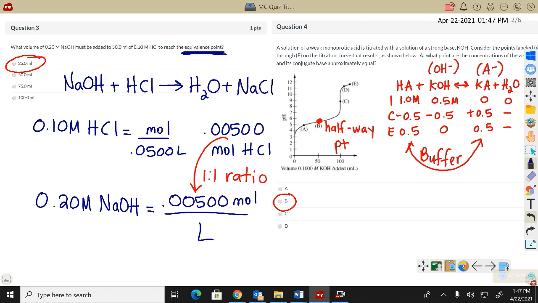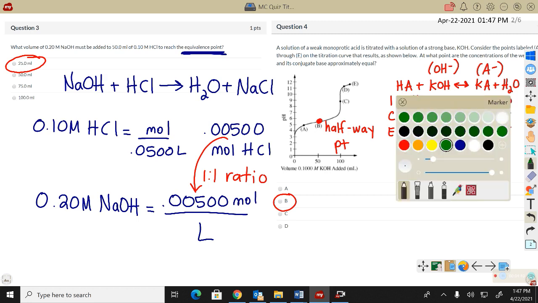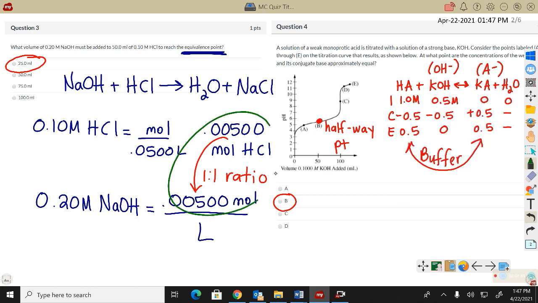Okay, so now once I get moles of one solution, I can use the ratio in the balanced equation to get moles of the other. So in this case, the beauty of the whole calculation is right in here, where if I do have a 1-to-1 ratio, then I know moles of the known solution equals moles of the unknown, which in this case is the